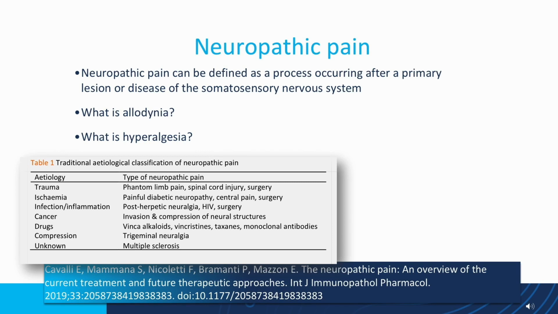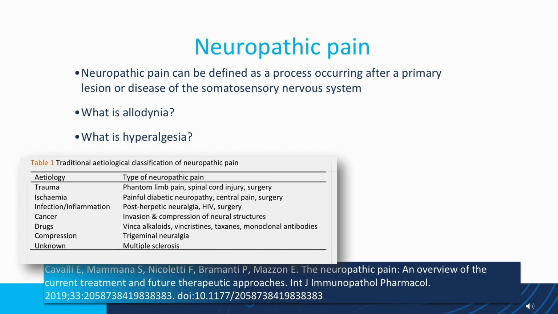Have a look at that table. These are types of neuropathic pain conditions, so phantom pain, spinal cord injuries. Diabetic neuropathy is a common cause of neuropathic pain, so you need to treat it as a neuropathic pain condition. Postherpetic neuralgia, HIV,